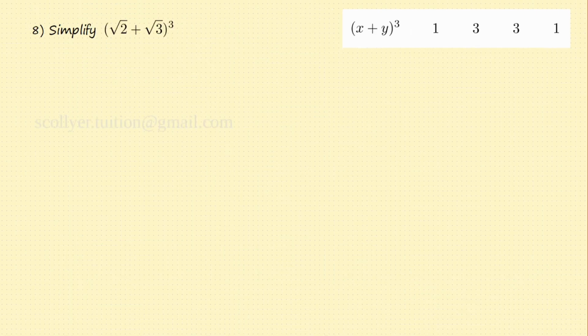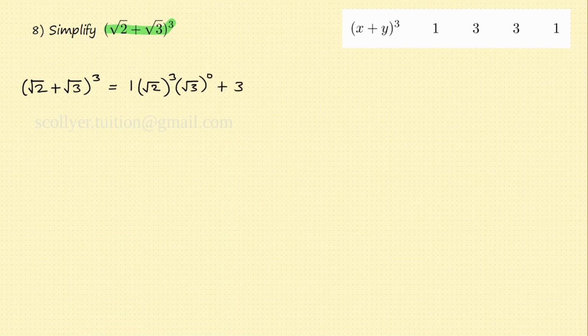Problem 8. Simplify (√2 + √3)^3. So we have (√2 + √3)^3 is 1 times (√2)^3 times (√3)^0, plus 3 times (√2)^2 times (√3)^1, plus 3 times (√2)^1 times (√3)^2, plus 1 times (√2)^0